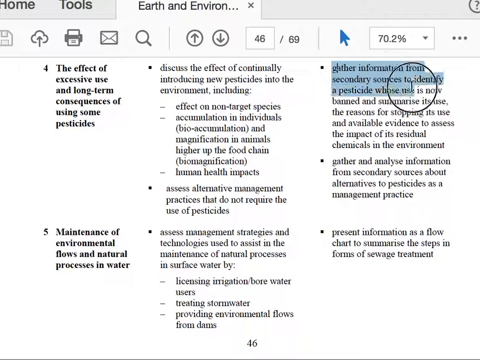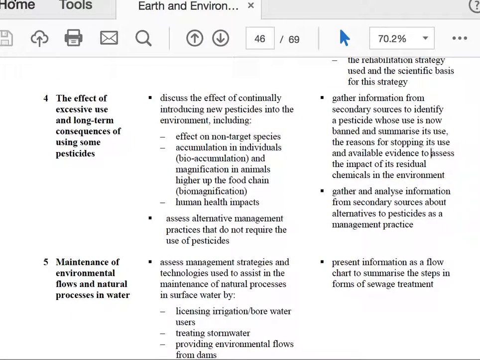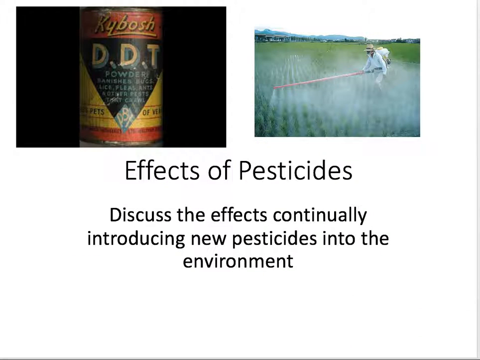So we have to look at other sources to identify which pesticides, or more than one, have been banned, and summarize its use, the reason they were stopped, and use available evidence to assess the impact of its residuals, so leftover chemicals in the environment, and also gather and analyze information from secondary sources about the alternatives to pesticides as a management practice, as in managing the pest itself, because pests can cause a lot of harm and damage to